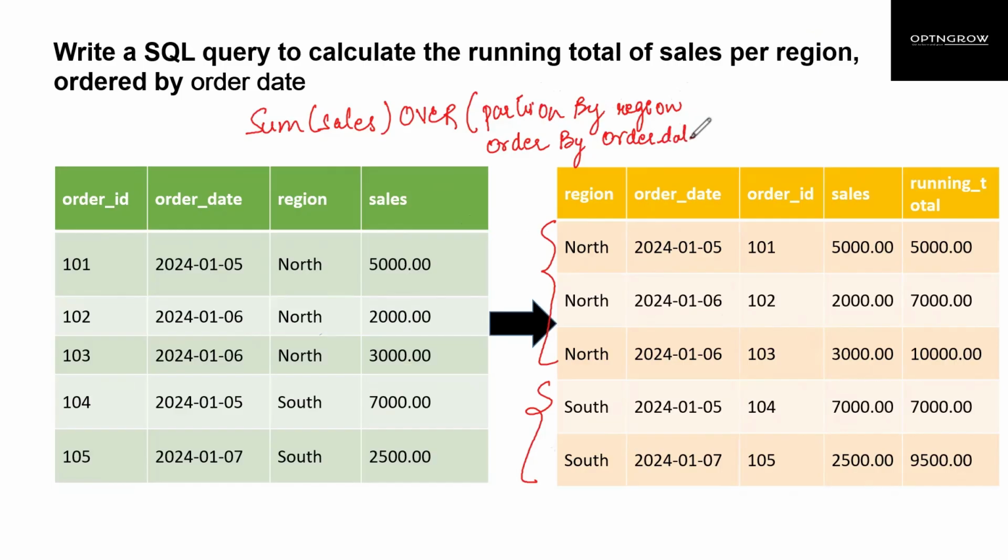And why are we doing that? Let's say that the data is not sorted by order date, and here we have 4th of January. For 4th of January, when we are calculating the running total, we are doing the sum of 5,000 and 2,000. But the 5,000 sale was made on 5th of January, it wasn't made on 4th of January. If someone asks you how much sales you have made so far, you may end up saying 7,000, and that's a wrong figure, right? So we are going to order by order date.